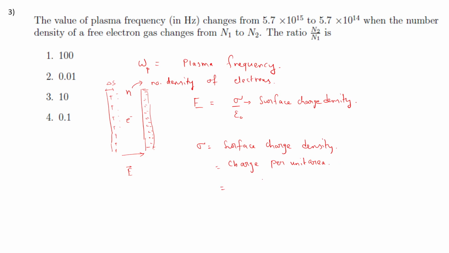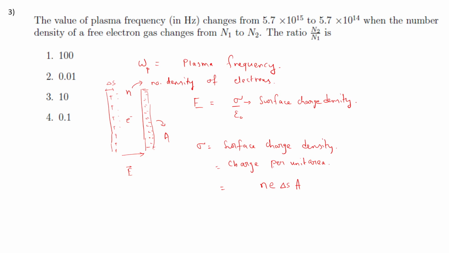So let's say this has a cross-section area A, and n is the number density of the electron. If we multiply with e, it will be the charge density of the electron, so it is n e. If I multiply it with the volume, delta S times A, of this particular volume,